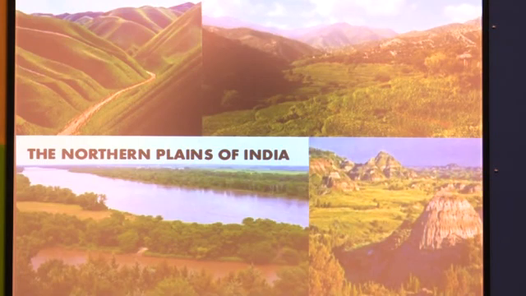The northern plain is located after the Himalayan mountains. Himalayan rivers which emerge in the Himalayan area carry lots of deposition and deposit it here on the northern plain, and due to that reason these northern plains are formed: Punjab plain, Ganga plain and Brahmaputra plain. These are the three sections of the northern plain, and on the basis of region it is also divided into four parts: Bhabar, Bhangar, Khadar, Terai.